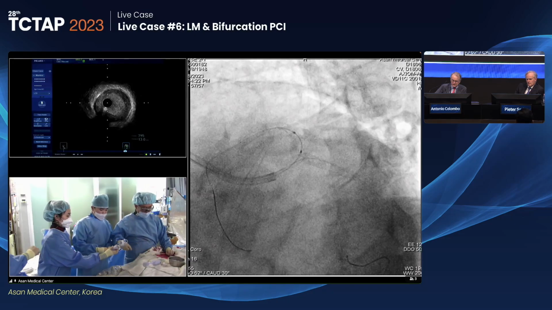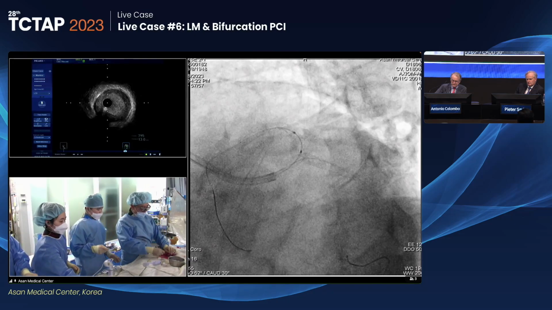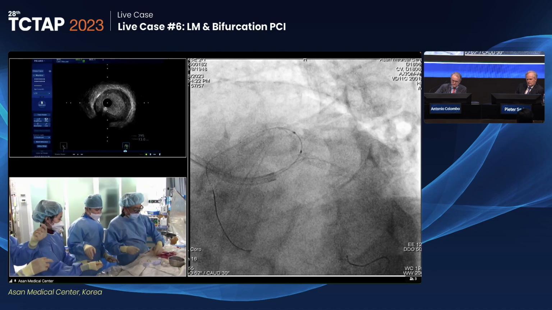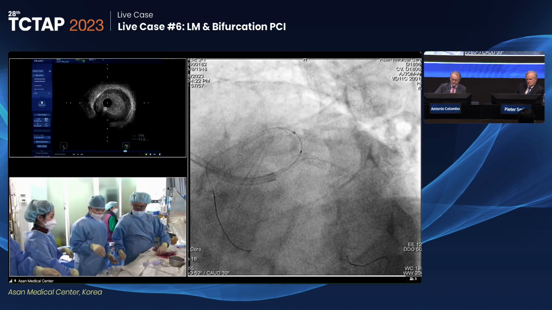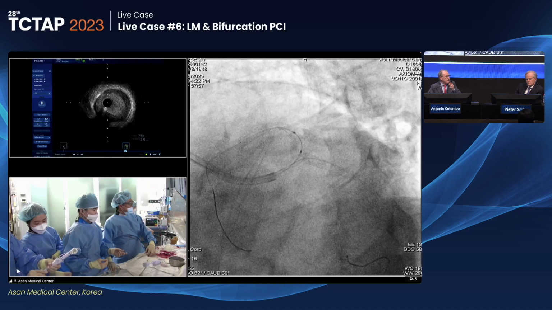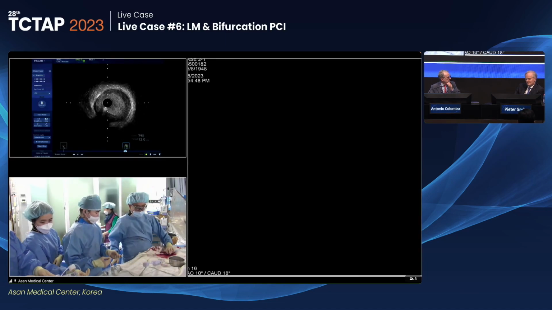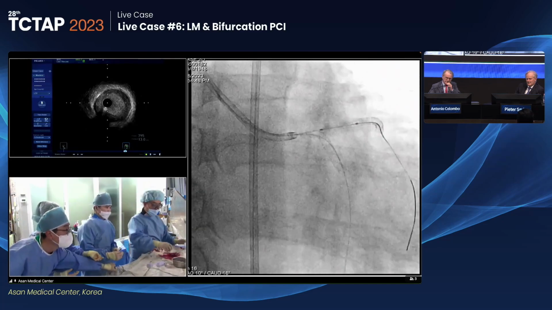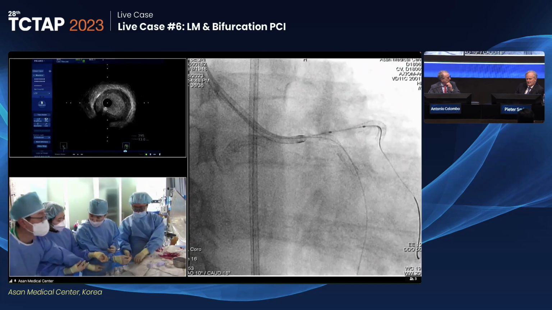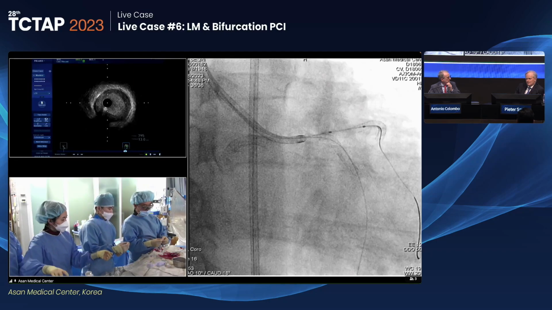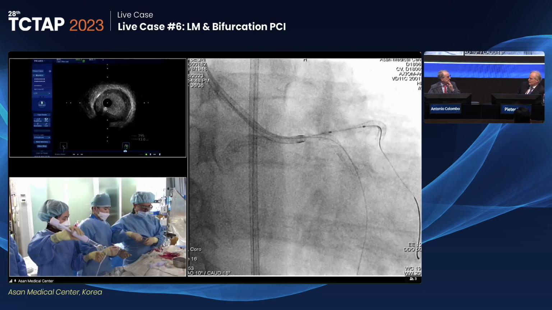23. Okay. So at this moment, we're going to do high-pressure NC balloon dilation before crush. This is one of the critical steps. But what would you do? What we will do here, we will predilate the circumflex and be provisional. And if the result is acceptable, we will do DCB on the circumflex. There will be a more modern way of